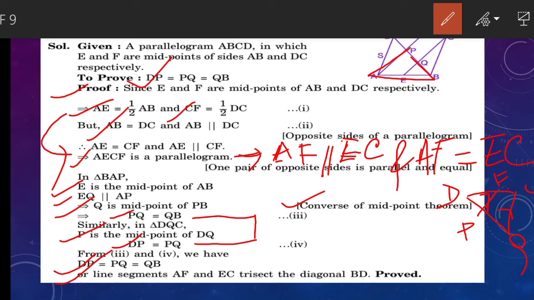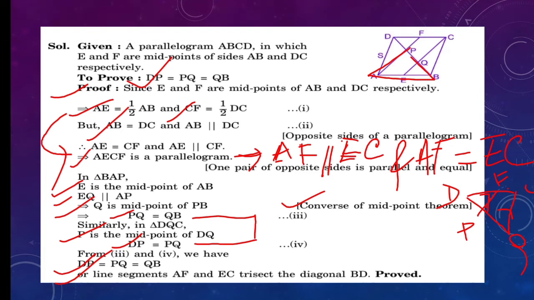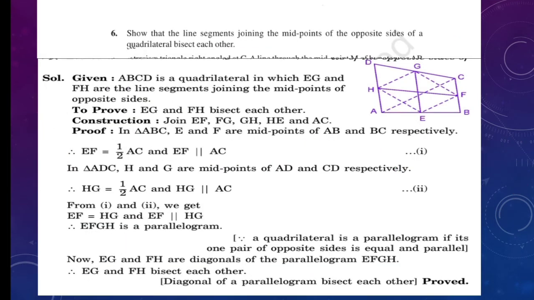So using the converse of the midpoint theorem, we have proved that two lines which have midpoints in their individual lines can bisect a diagonal, can trisect a diagonal, that is, divide it into 3 equal parts. Now the sixth question says that show that the line segment joining the midpoints of opposite sides of a